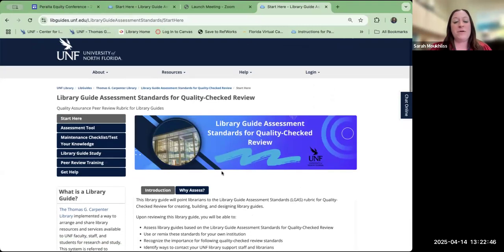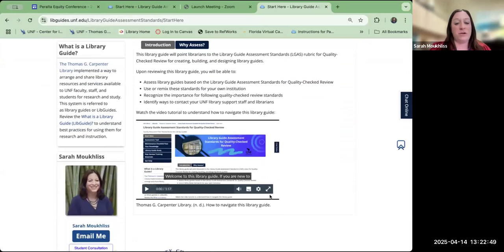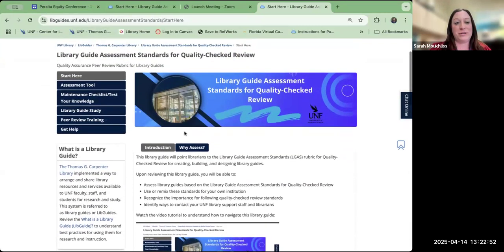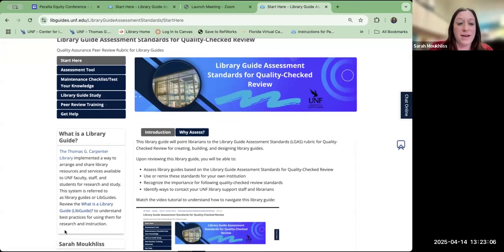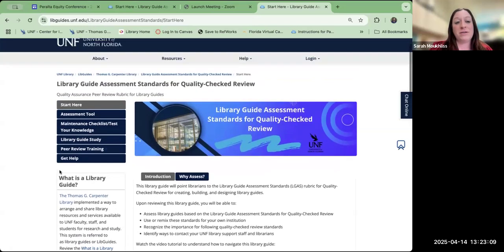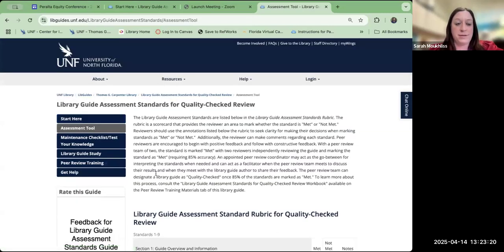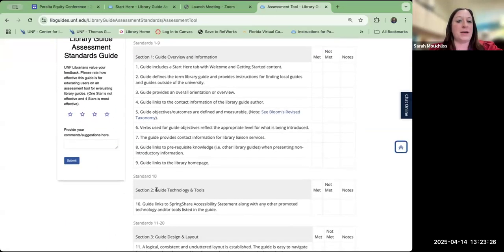Okay, so hopefully you remember that I said that I have a video tour of the library guide. I don't want to assume that students know how to use the library guide. We have tabs over here on the side. It's quality assurance. Tools often tell you to have a start here tab, so our library guide mimics that. I created a standard within LGAS that tells you to define the library guide, so that's front and center. So these are very simple, basic, but also quality assurance processes that don't tell you what your library guide should look like, but it's going to help reinforce what's important based on an instructional design and quality assurance process, so that we are ensured that we are creating actually student-centric